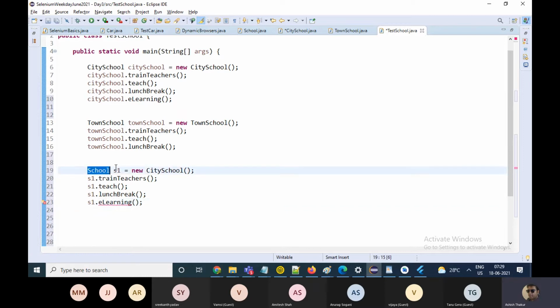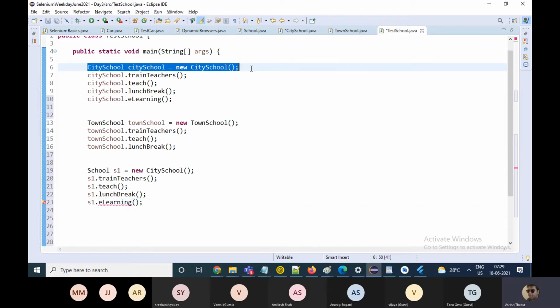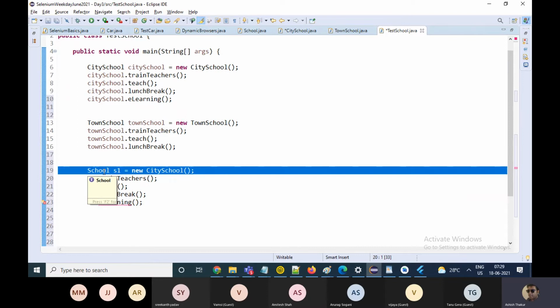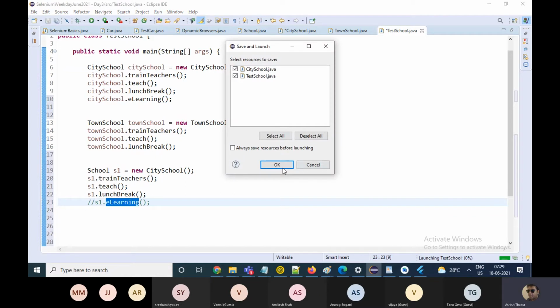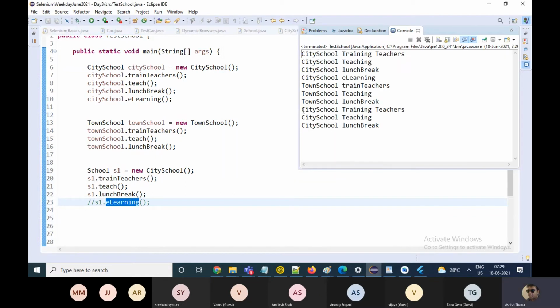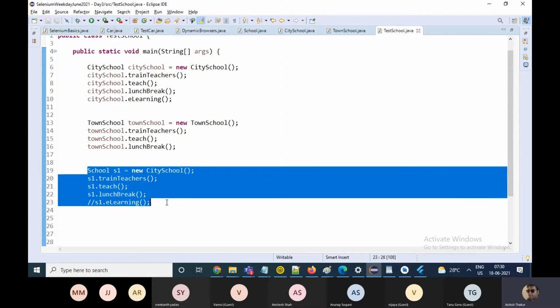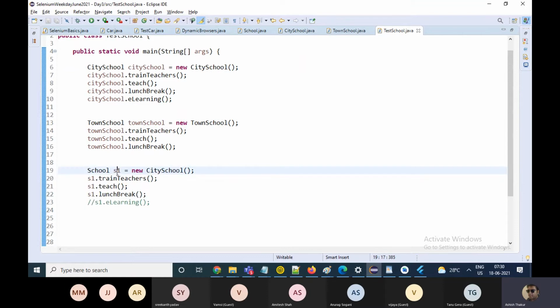So there is a difference between this and this. When you create the object like this, you can only call the functions in the class that come from the interface. You cannot call the proprietary functions of the class. If you run this, you see these three lines being printed. So what is the advantage of creating the object like this when you can only access the functions that come from the interface?